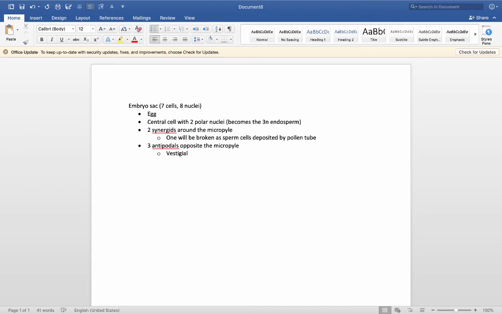They're just sort of there, and then they degenerate eventually after that. So that's the embryo sac. Hopefully this helps a little bit. I don't know, maybe more confusing, but the embryo sac is made up of an egg, the central cell, which